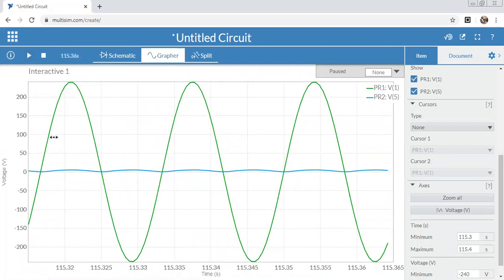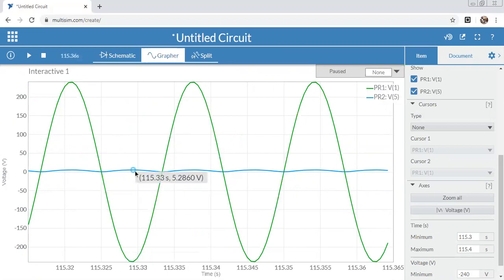See here, the green color waveform is nothing but your given input voltage. Your given input voltage is nothing but the AC voltage, so it consists of both the positive cycle as well as the negative cycle. Okay, here, by placing your cursor, you can see the values 239.35 volts and minus 239. So our given input voltage level is plus 242, minus 240, and this blue color represents the DC signal.